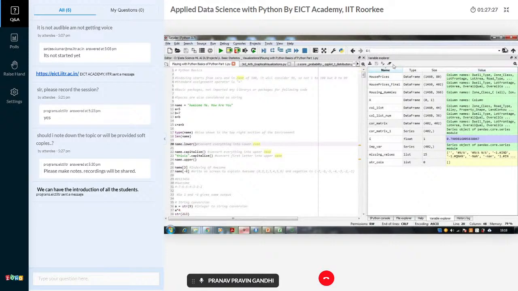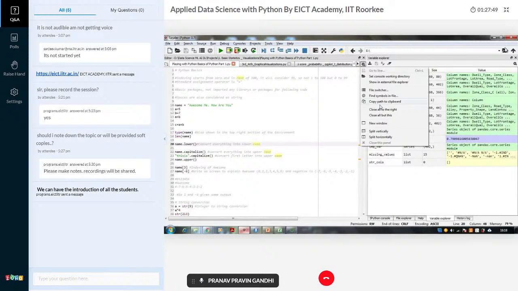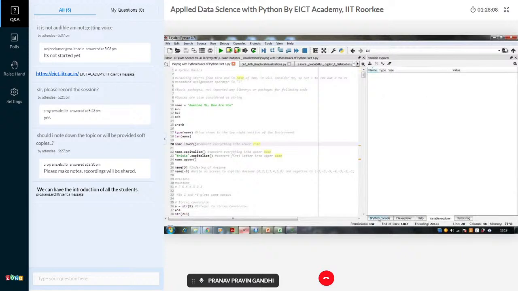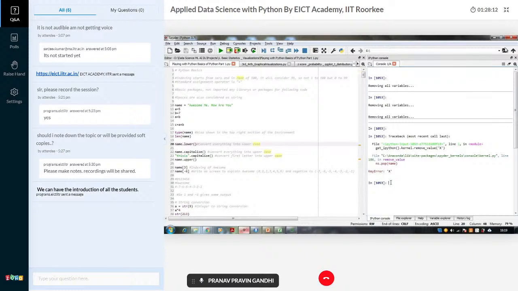And sometimes, as you can see over here, this is not going, because I have opened it almost after 20 days. As I was in home quarantine, I did not use my computer for the last 20 days, and that is why at times it will show something like this. But then you can change your kernel as well by using this settings option. Let me wait for some time so that these things will be deleted, or I can remove them one by one as well. Okay, all things have gone. My IPython console can be cleared. To clear the screen, we use Control L in Python. Control L is for clearing the screen,